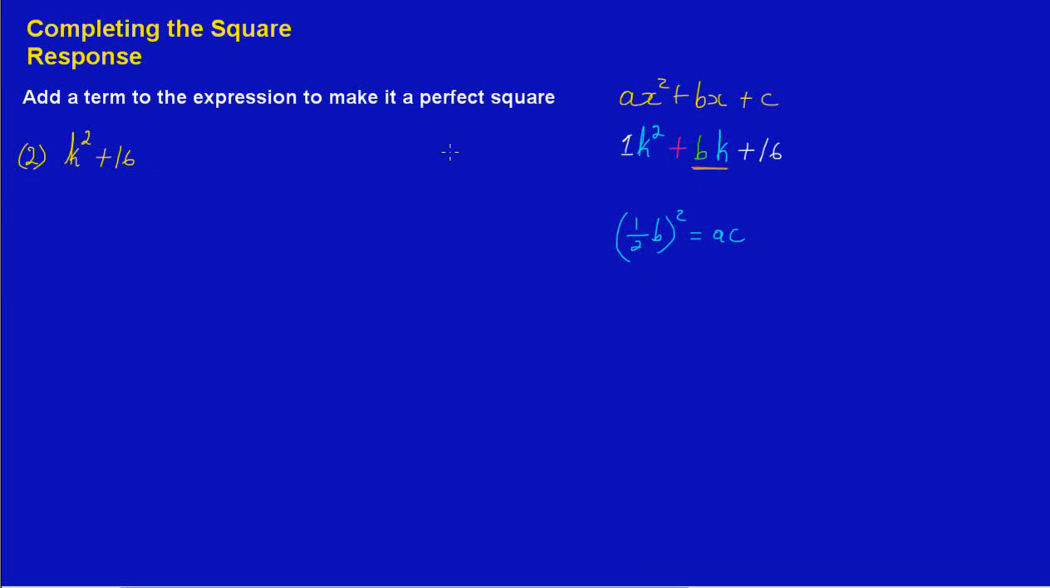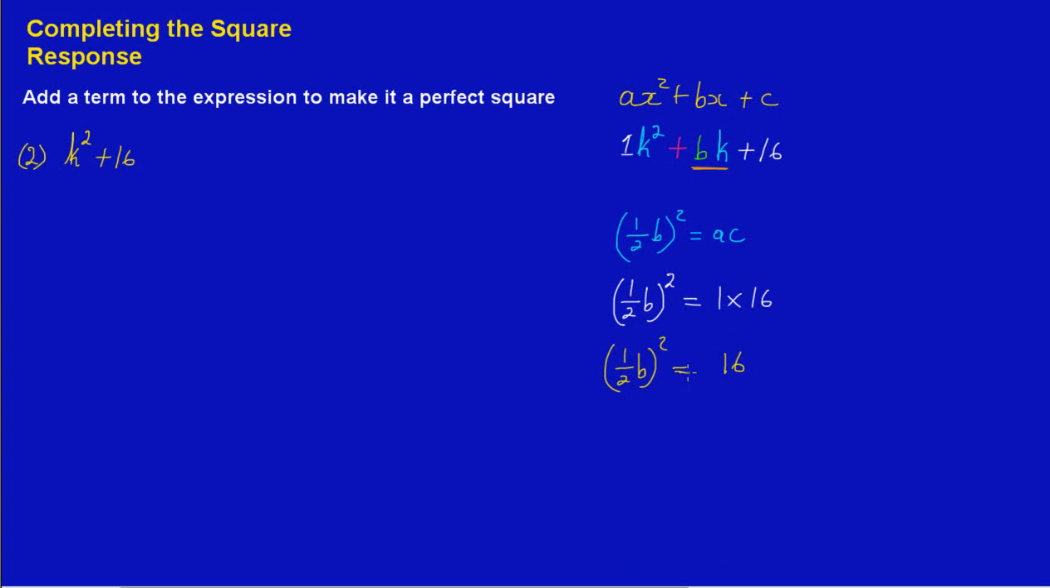So I'm going to say I need a half of b, all squared, and that must be equal to, I was given a is 1, times c, and c is 16. So I have 1 and 16. All I'm doing from here on is solving for b. Now let me change my color. I know that this would be a half of b, all squared, and that is equal to 1 times 16,